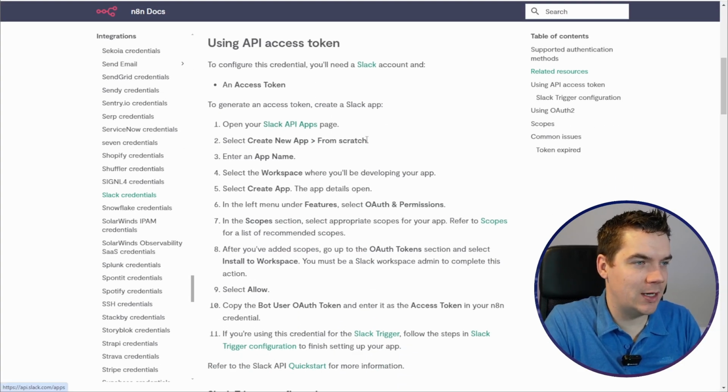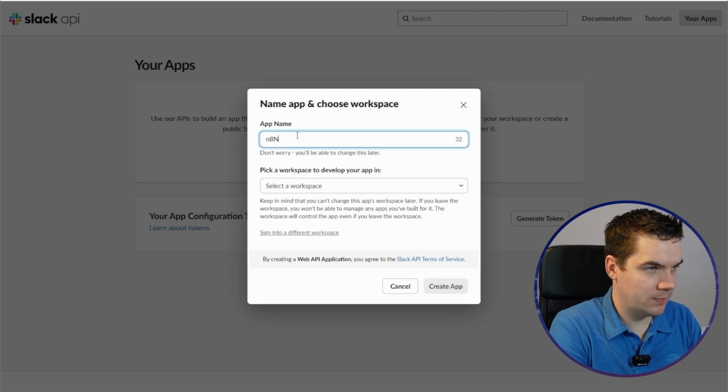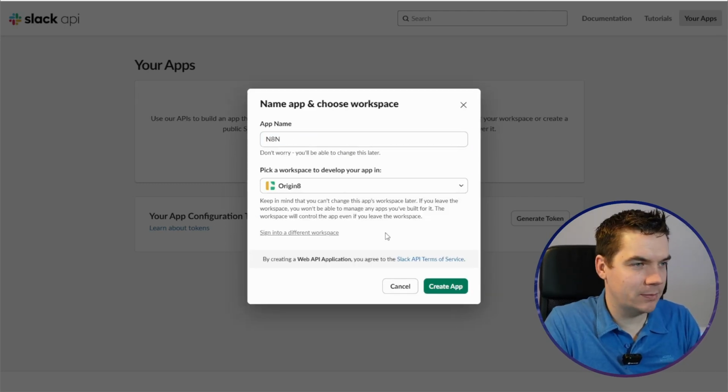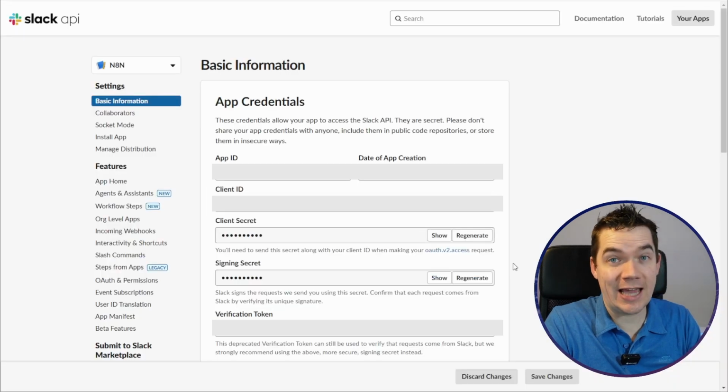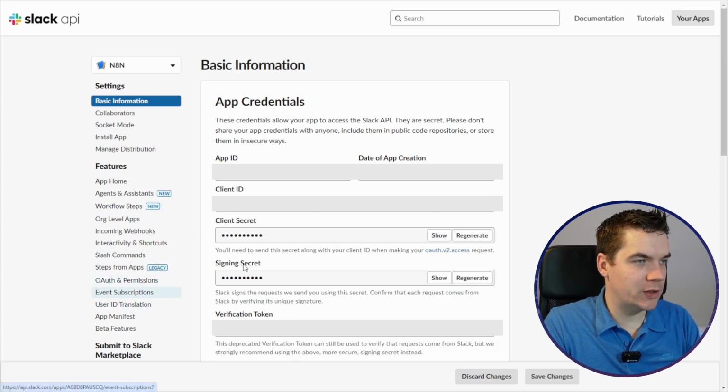So we go to the apps page. We're going to create a new app. We're going to do it from scratch. And we'll call this one N8N. We can then pick a workspace to develop the app in. So this is the one I have. And we click Create App. On this page, you're going to have access to the app ID, the client ID, the secrets, and a verification token. Then on the left-hand side, if you click on OAuth and permissions, and scroll down to scopes,